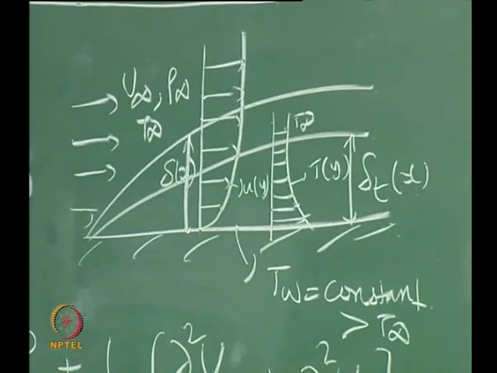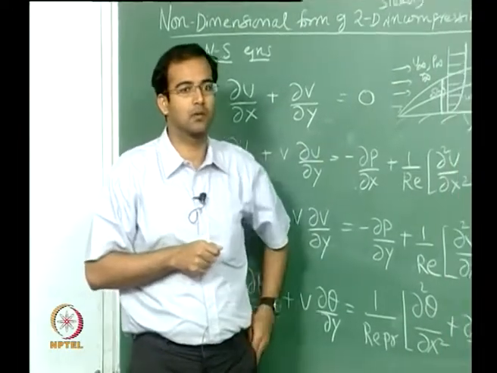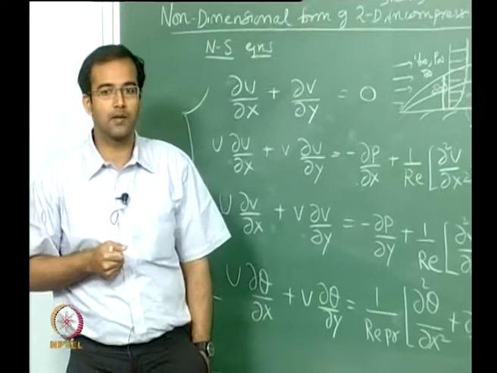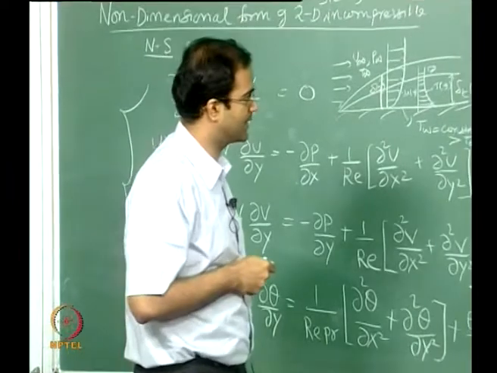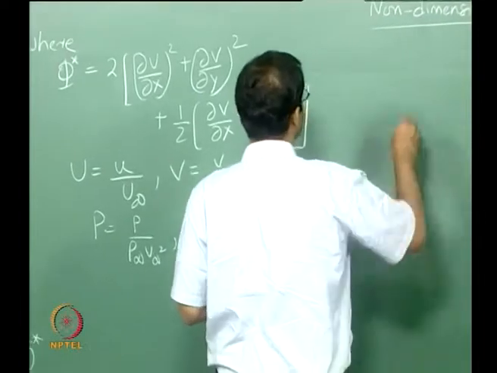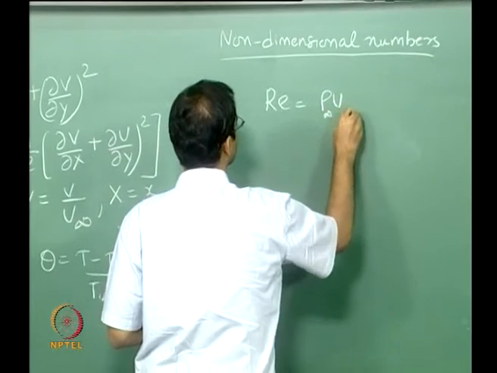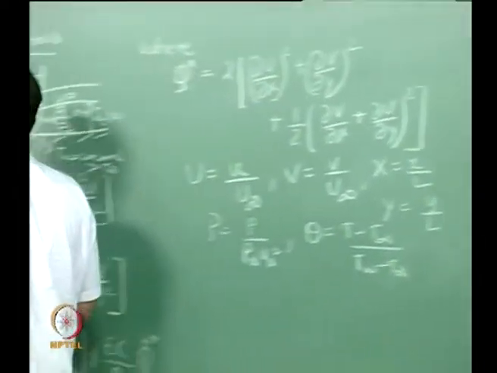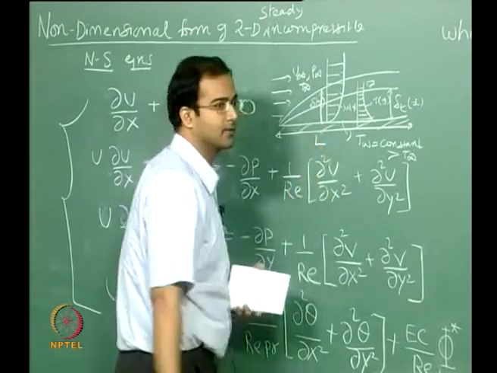So this is a typical case where you want to finally reduce your Navier-Stokes equation to what are called boundary layer equations. The boundary layer flow is an approximation to the complete full solution of the Navier-Stokes equation. Before we do that approximation, let us look at the non-dimensional numbers involved. So first is your Reynolds number, which is rho infinity u infinity L by nu, where L is your characteristic length. Here we can use the characteristic length as, for example, the length of the plate.